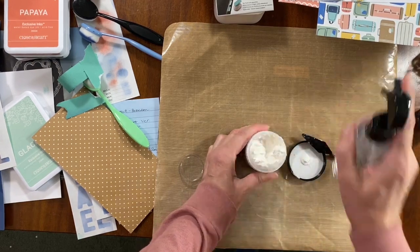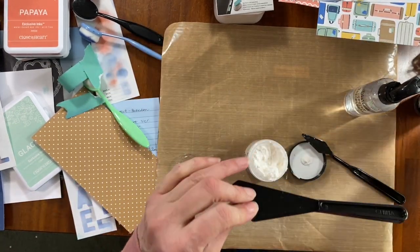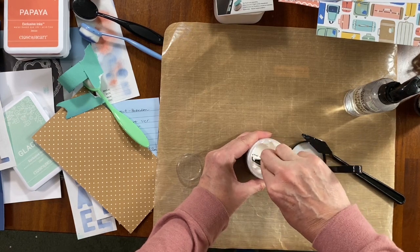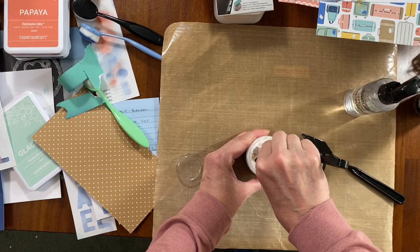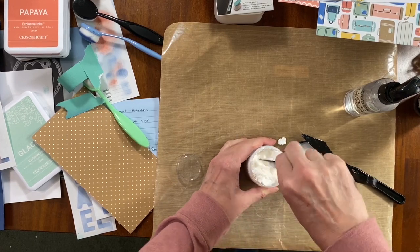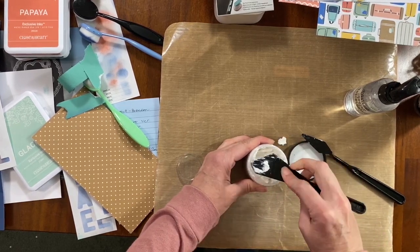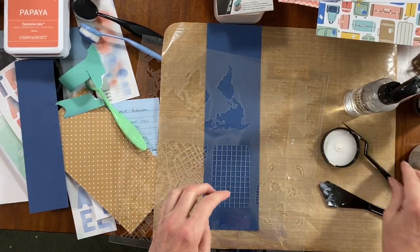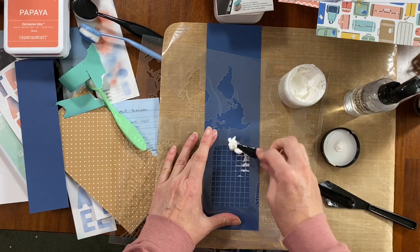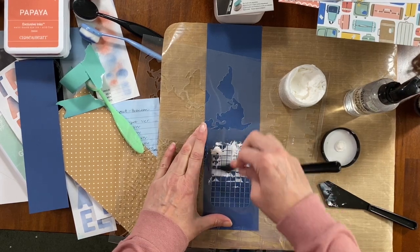Let's see. I think I have a strong palette knife here. It's still a little stiff, but I think it might work. Let's see if I can get it to go through a stencil. Okay, I got some sapphire blue, so it'll really show up on here. This is supposed to make a suitcase, and it has all the little